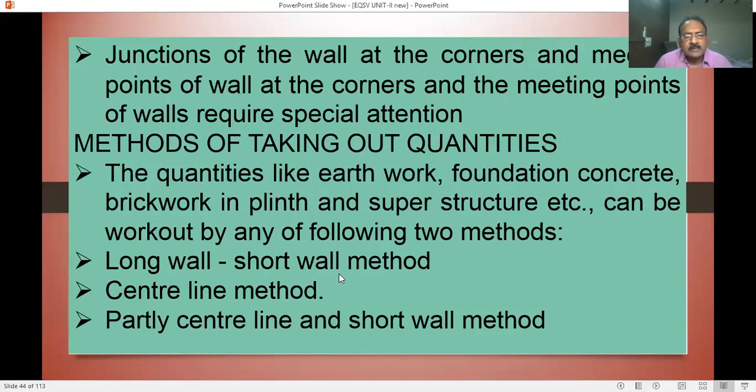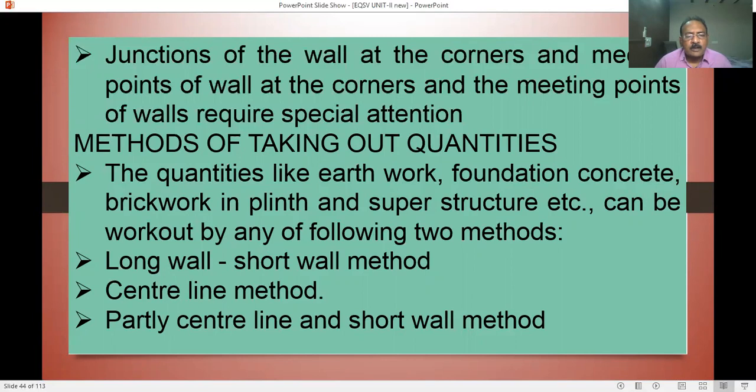And the second one is the centerline method. So what are the advantages and disadvantages? How to calculate, how to take dimensions? We will study in detail. This is very important. If you understand the concept, you will get a 100% 10 marks question. Definitely, you will get this question for 10 marks. Either concept for 5 to 10 marks and a problem also for 5 to 10 marks. So either by centerline method, definitely the problem is for 10 marks.